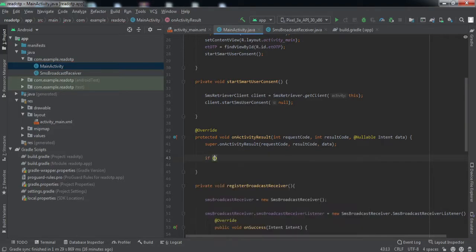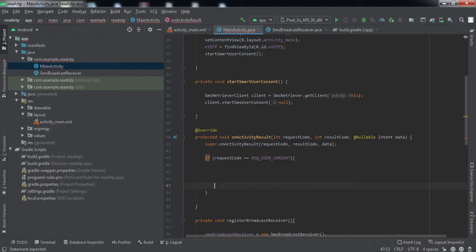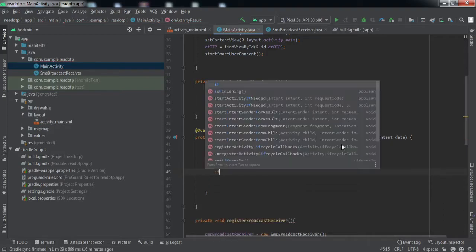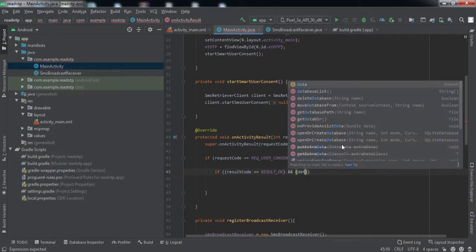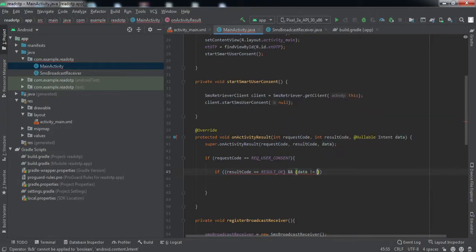So here we'll check if request code is equal to the request we have made, then we'll check if result code is equal to result OK, and the data is not equal to null. That means we have got something inside the data.